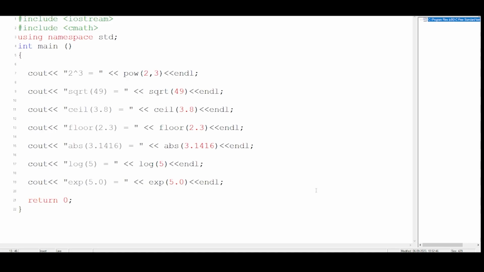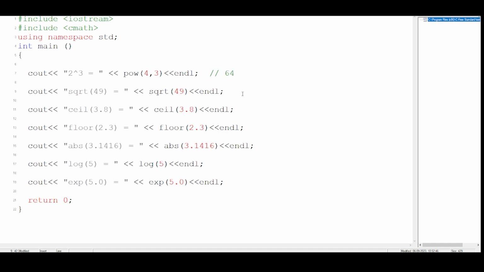So as you can see, I have the program over here, and here I have written some values, and moreover I have written all the functions. First we have the pow of 2 and 3, which we have already taken. Let's take some other values over here. Let's take 4, 3. Now this means that we are multiplying 4 three times. So 4 into 4 is 16. Then 16 into 4 will be 64.